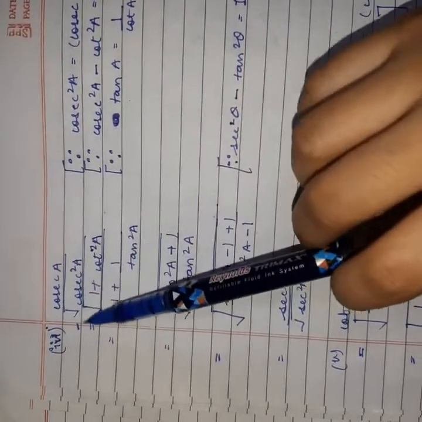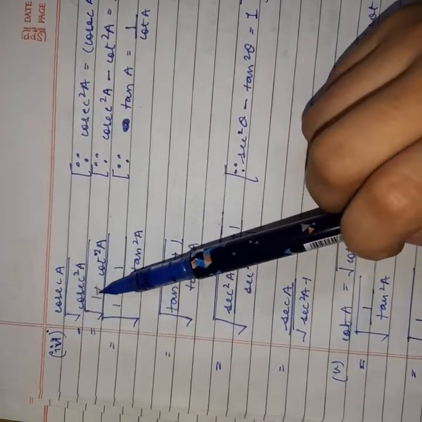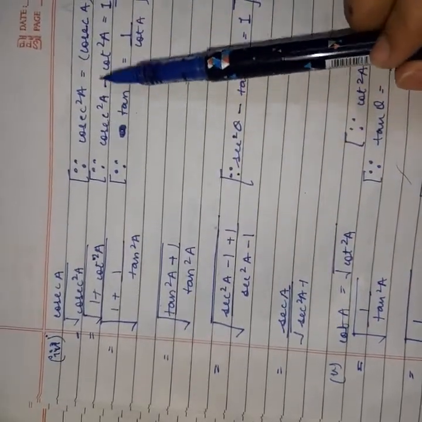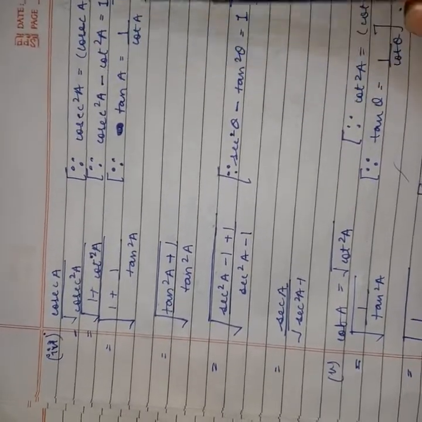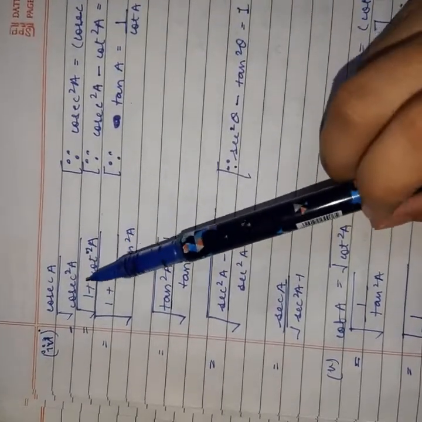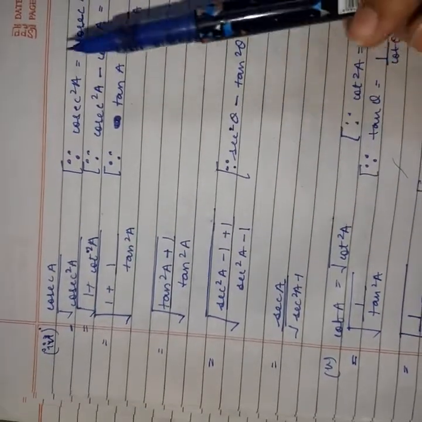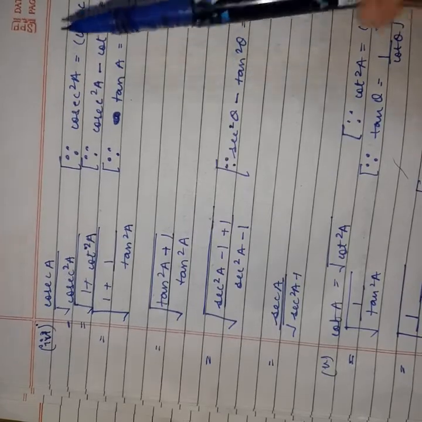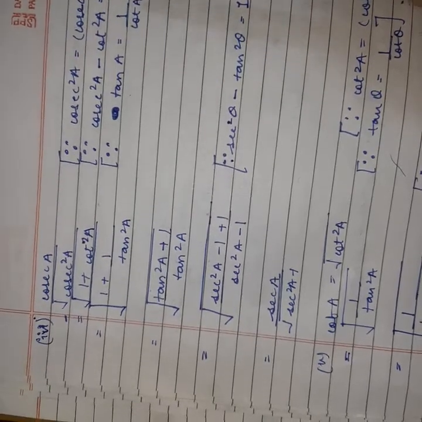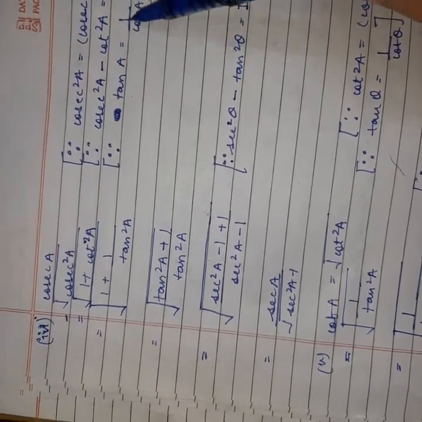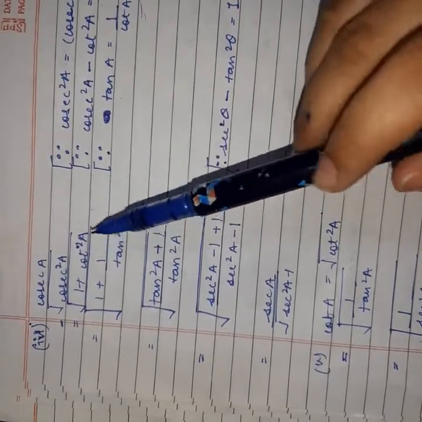Now cosec A is equal to under root of cosec square A, like the other ratios, right? And cosec square A is equal to 1 plus cot square A by this property. Cosec square A minus cot square A is equal to 1, right? So cosec square A is 1 plus cot square A. Now cot square A is equal to 1 upon tan square A, because tan A is the reciprocal of cot A. So tan A is equal to 1 upon cot A, and cot square is this whole square. So 1 square is 1 and tan square A. Sorry, tan square A. Now